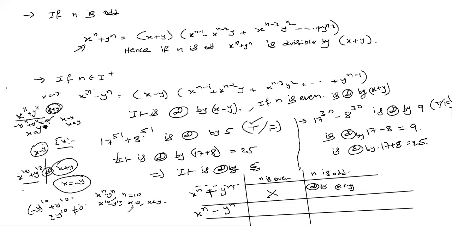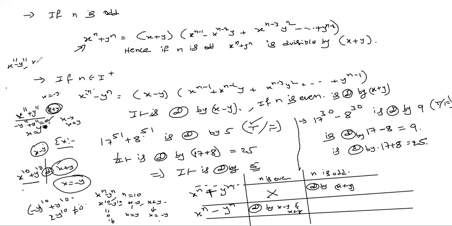Let us check. First, to check this x equals to y, we have to substitute. To check this x equals to negative y, we have to substitute. So x equal to y, if you substitute, you'll get clearly 0. X equal to negative y, if you substitute negative y whole power 10, again you'll get 0. So that's why it is divisible by both x minus y and x plus y also. Now, whenever n is odd, here n is odd, that means x power 11 minus y